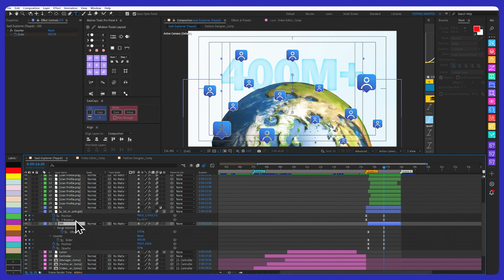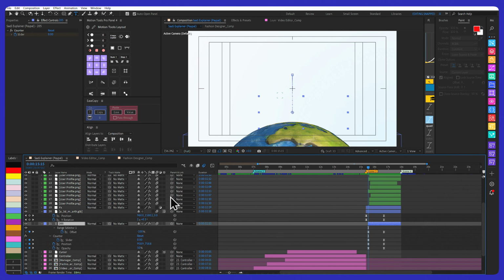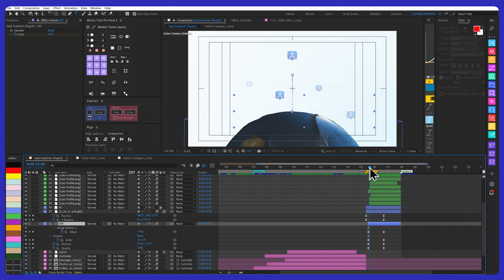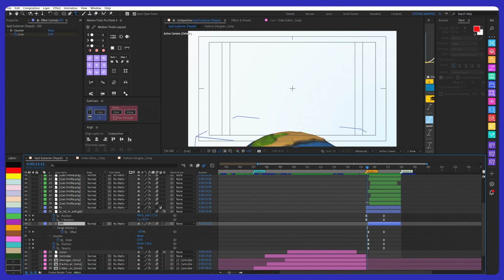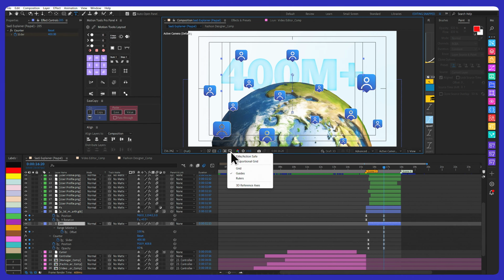And for the text, make a keyframe on position and opacity at the beginning, with the opacity at 50%, and set the Y position out of the composition, downwards. Move some frames forward to where our earth model comes in the center. Set the vertical position of the text around this frame. Make sure to turn on title action safe for perfect alignment, and set the opacity all the way